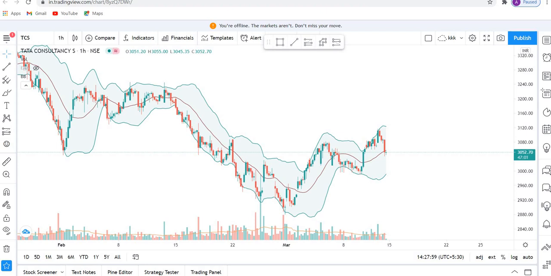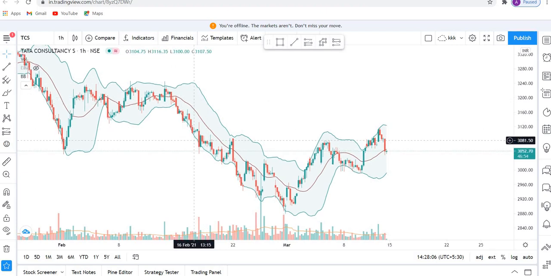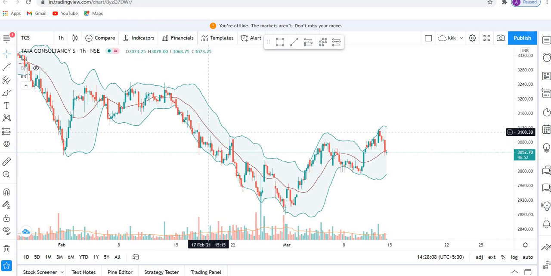So the Bollinger Band consists of two bands. As you can see here, this is the upper band, this is the lower band, and this is the moving average, the middle line. So the upper band will be calculated as 227.2 plus 2 into 3.96. So 3.96 is the standard deviation, into 2. This is how we calculate. And the lower band will be 227.2 minus 2 into 3.96. So the lower band will be somewhere around 219.28.